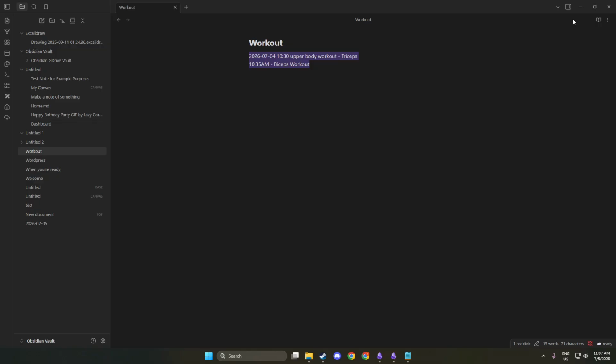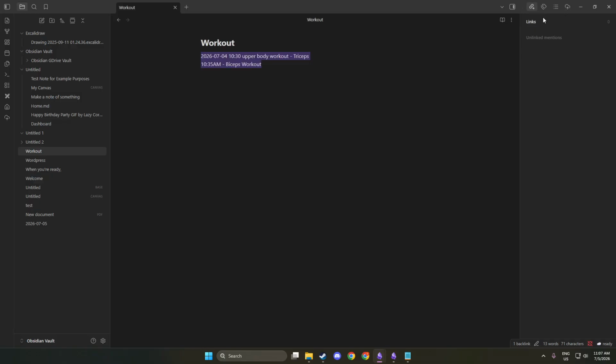Next, look to the top right corner of the window. Here you will see the tags icon located in the right sidebar. This icon resembles a small label or tag and is an essential tool for navigating your notes. Clicking on this icon will initiate a crucial action. It serves as a direct link to all the tags you have created within your vault. This is important because it allows you to organize your notes effectively and find related content quickly.